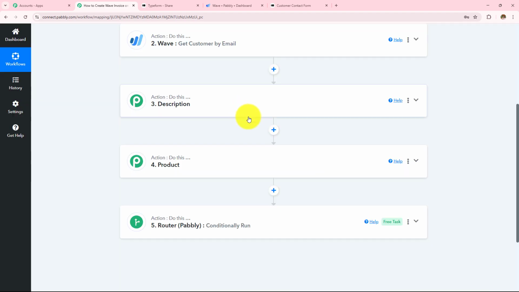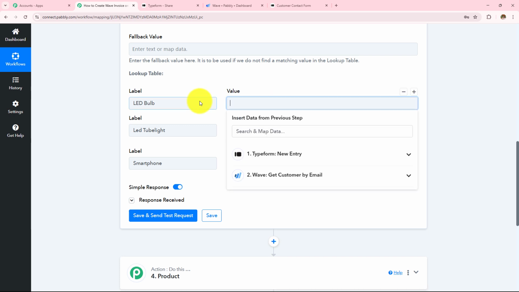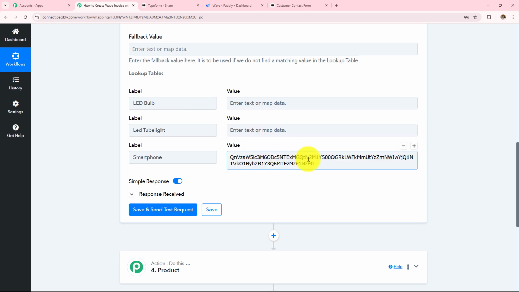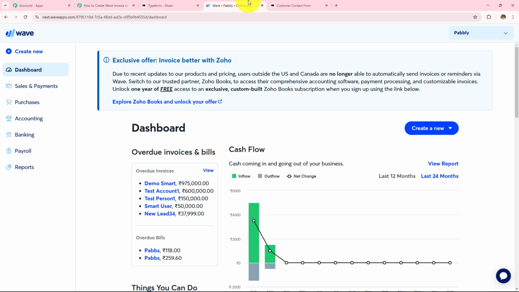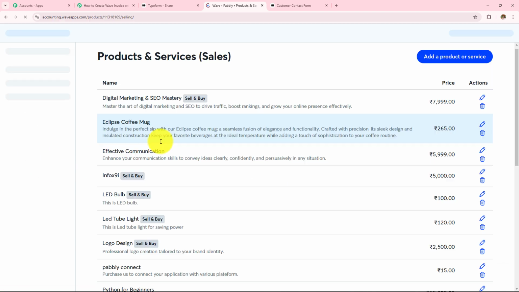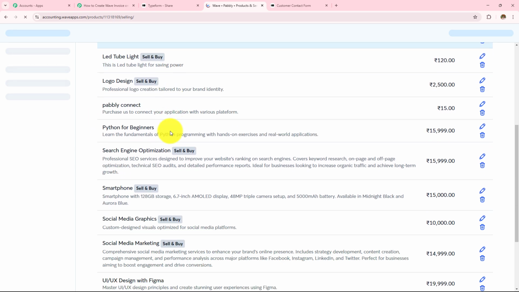So now I need to get the description. As we have three products, I am going to get the description from my Wave account. So for that, I am going to open my Wave account. So this is my Wave account. On the left hand side, where I can see all these options, I am going to click on sales and payments, and then over here I can see products and services. I will open this, and over here I have this product,